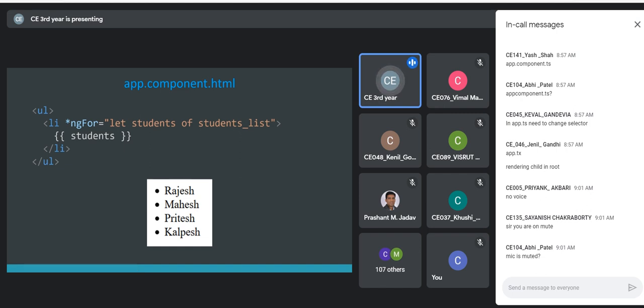And this double braces notation is called interpolation in Angular. So it combines HTML and the dynamic content together.